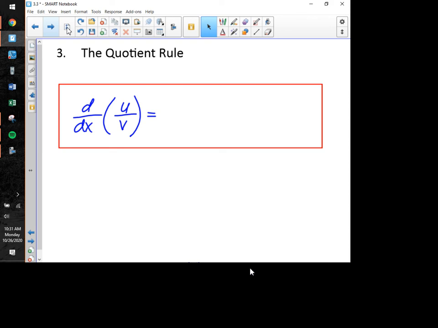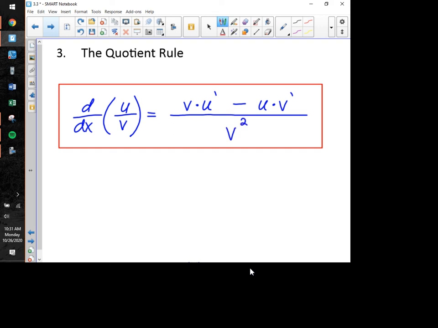So we're taking the derivative with respect to x of the quotient of u over v. And when we write the quotient rule, guys, the first thing you should get in your head is that the derivative of a quotient is a quotient itself. So I start with a fraction bar. And here's what we do. The numerator is messy. The numerator here for our derivative is going to be the bottom function, which is v, multiplied by the derivative of the top, which is going to be u prime. So bottom times derivative of the top, minus now, that's really important, minus the top times the derivative of the bottom. That's u multiplied by the derivative of the bottom, which is v prime,